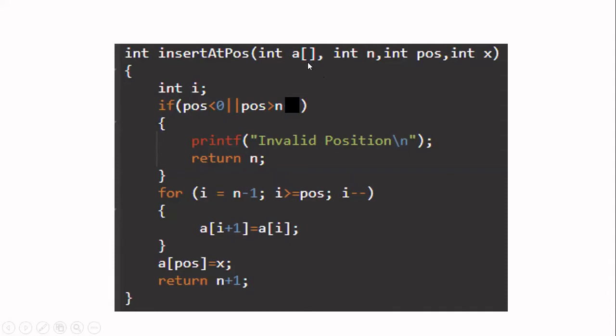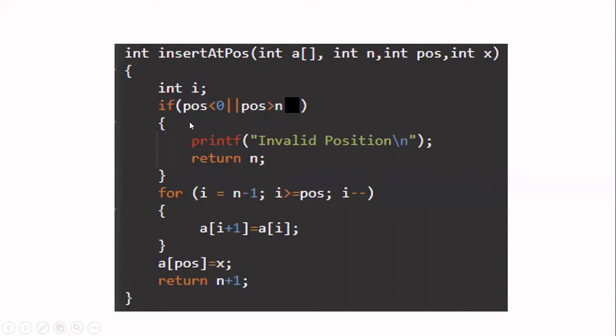If you forget, it will be treated as only integer. Then I am passing n, the number of elements in the array. Then the position, that is again integer. Then x. X is the element to be inserted. Okay, now 4 arguments I am passing to this function. Now the return value from this function is integer. This integer is nothing but n plus 1.